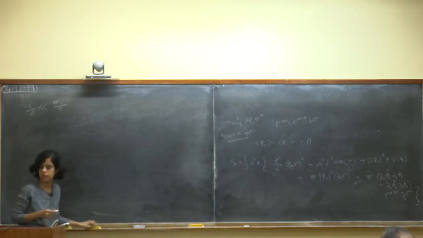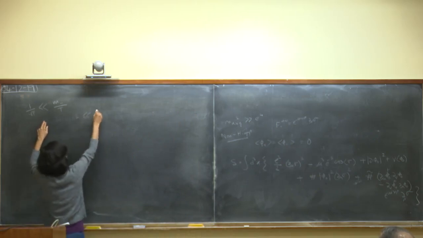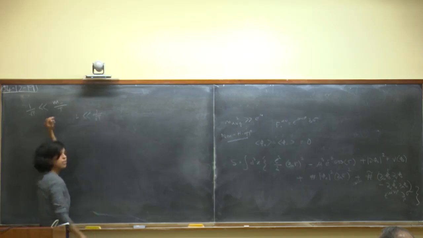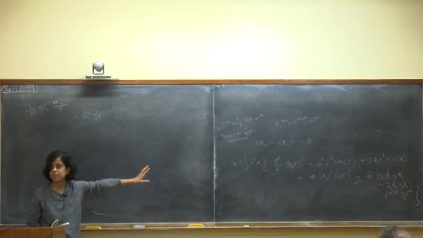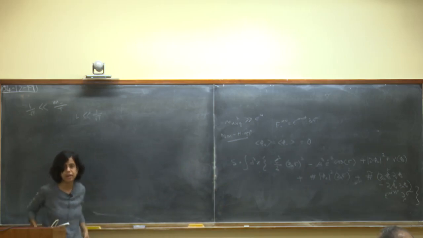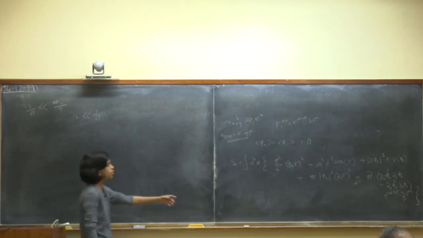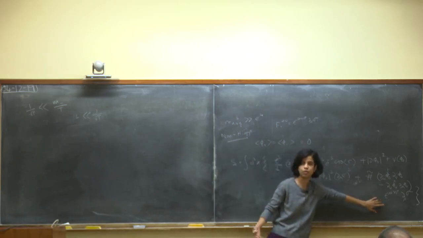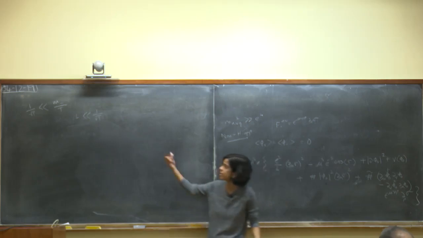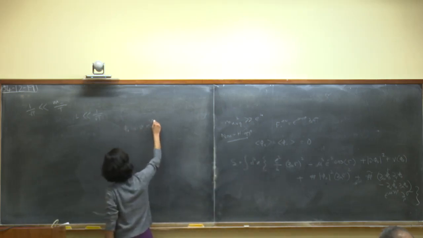So, if I was looking at length scales smaller than the confinement scale, I could forget the fact that the photon has a mass, and pretend that it's free Maxwell theory coupled to those phi naughts, and so on. And so now what you can do is to compute what the magnetic field inside the core of your vortex is by plugging in the ansatz, phi naught goes as V e to the I theta.